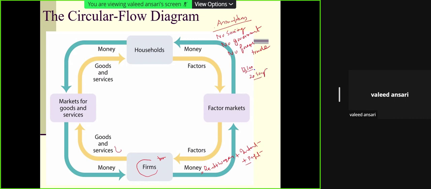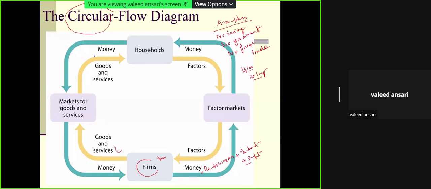Now this saving can be put under a mattress or can flow into the financial market. Financial market means all those institutions which try to mop up the saving of the household and provide a return for that. It may be a bank, it may be a mutual fund, or even a business firm which raises funds from the public. So this diagram helps us see why the word circular is there. Circular means that there is flow and counter flow. It is not free of cost.